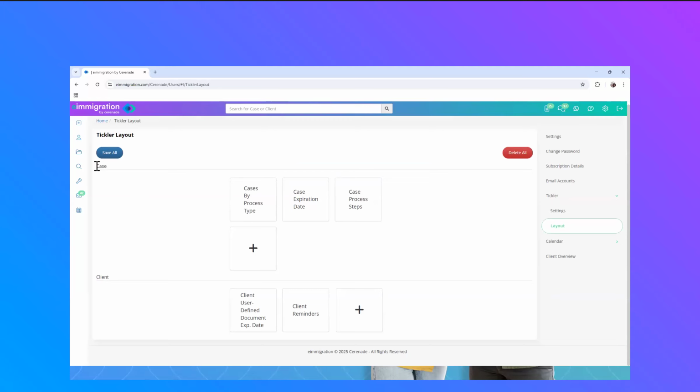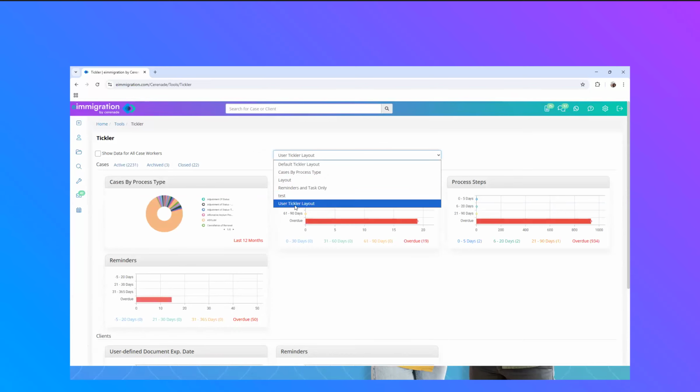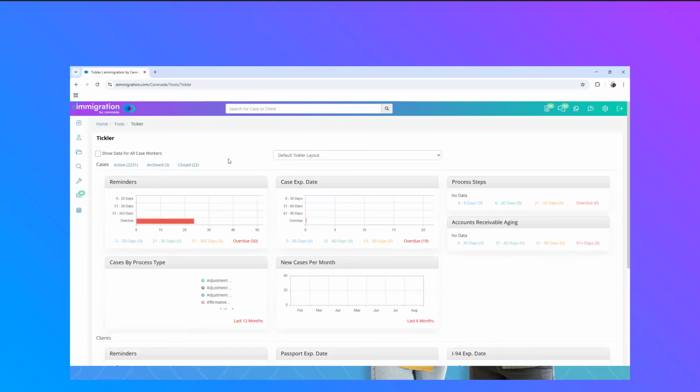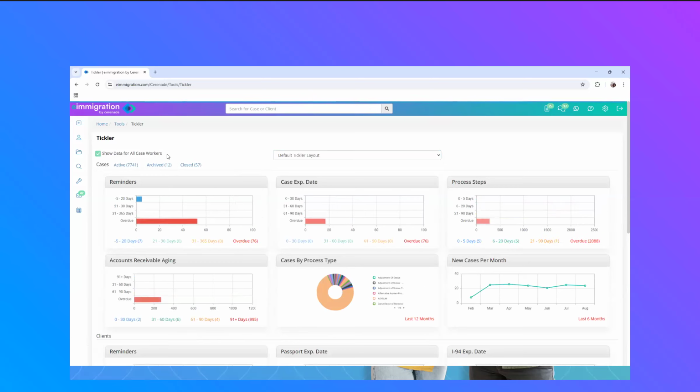Again, like I said, the tickler is divided by cases or clients. Now let's go back to the tickler. If I choose my own layout, it's going to show, again, my user layout, or I have different options. And this is only my information, meaning as a caseworker, whatever reminders I'm responsible for, this is where I can see them. Or if I click on the top left where it says show data for all caseworkers, then this